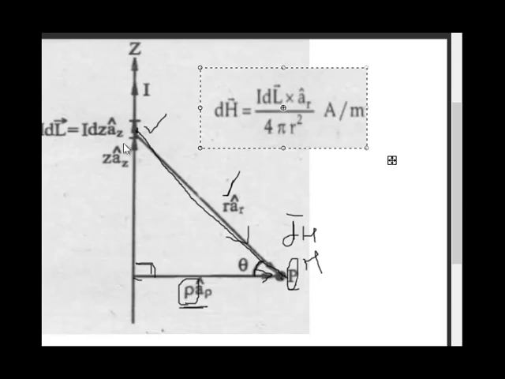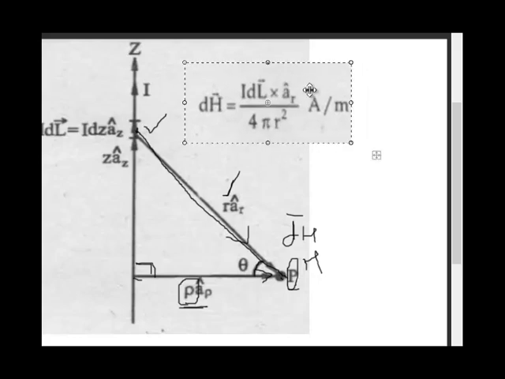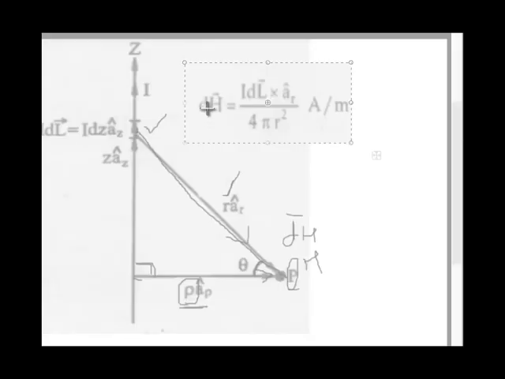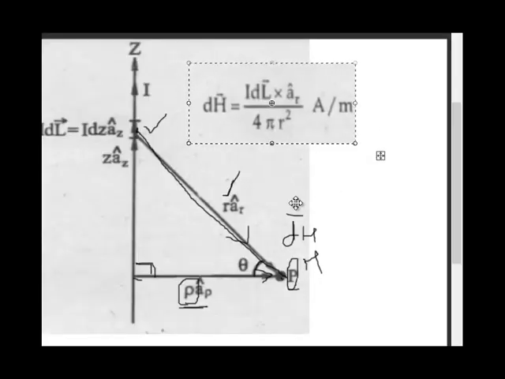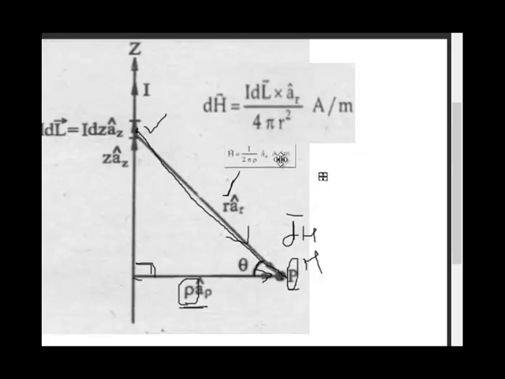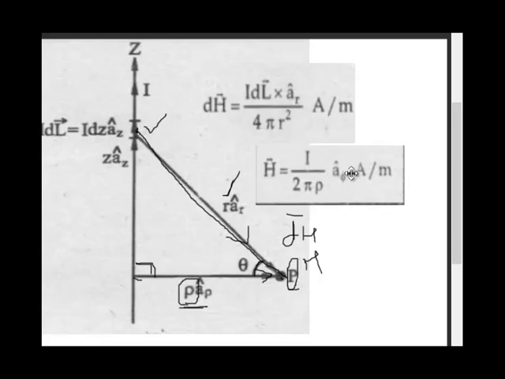So we cannot derive the formula right here, we just have to see the result. If you integrate dH over an infinite length from minus infinity to plus infinity, we will get H equals I upon 2 pi rho into a phi cap, where H